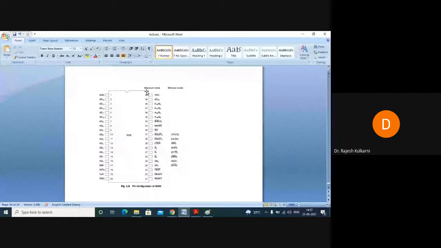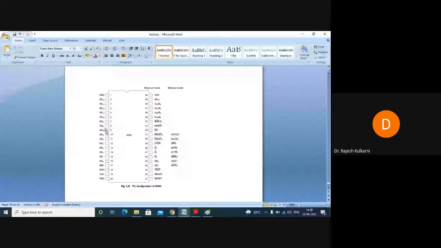So now let us look at the simplest one. I'll go with this. AD0, AD1, like this till AD14 here. Then again here there is AD15. But after this there is no AD. Now you have A16 and S3, A17 and S4, A18 and S5, A19 and S6. Wherever this letter A is there, that A stands for address. Wherever this letter D is there, that D stands for data.